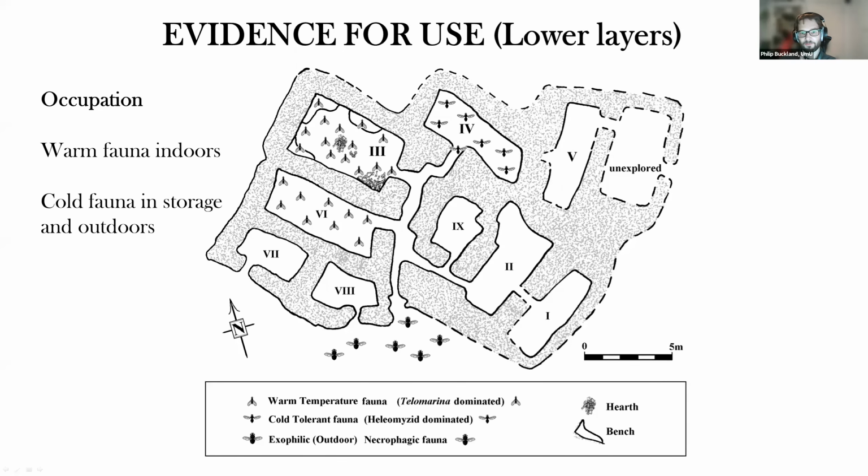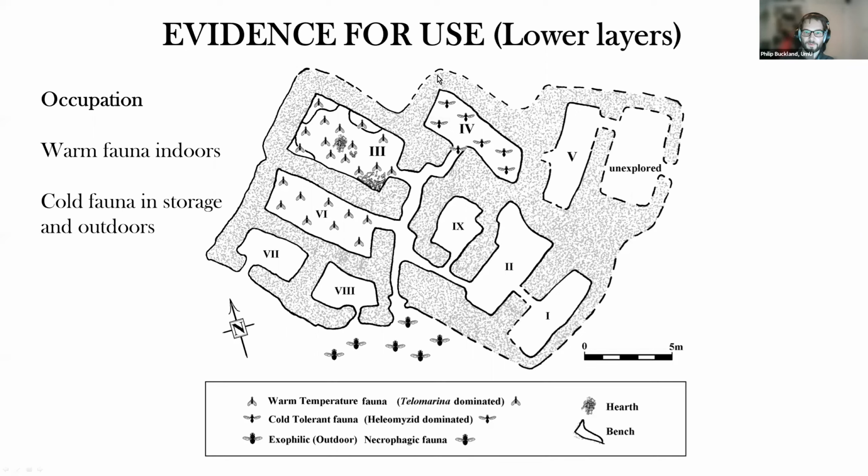Pete looked at the flies, and what he could say was these layers are when this site was occupied, basically because there are flies which require a warm temperature. These are fly species that could not survive outside of a human warmed environment in Greenland. They would be killed off by the winter. So these are things that are living their full life cycle in the human-made, the anthropogenic environment.